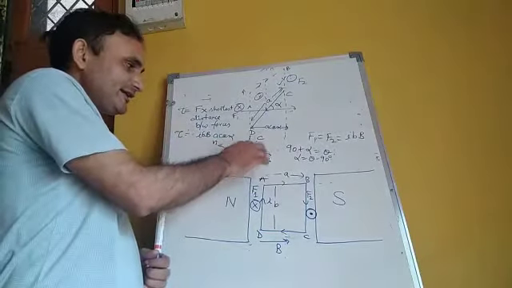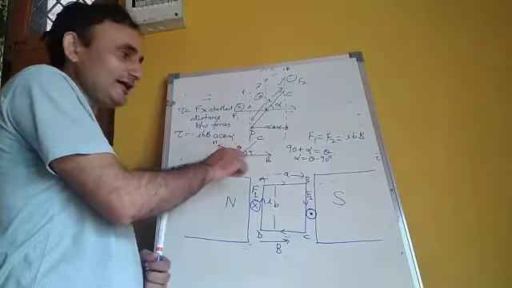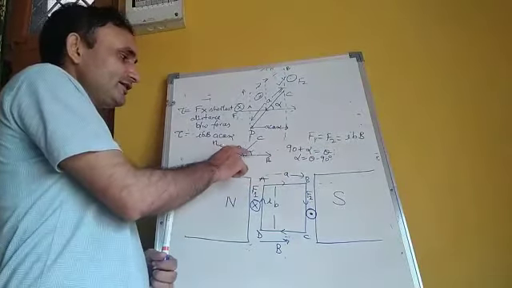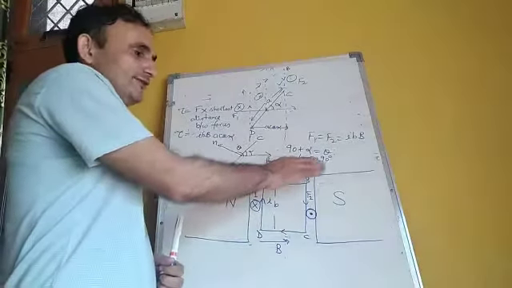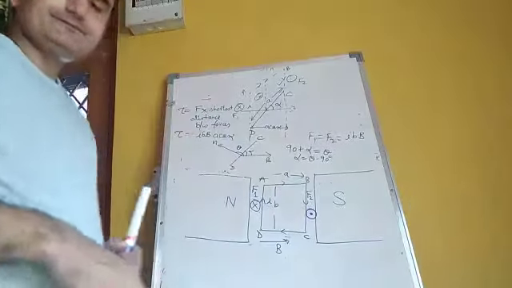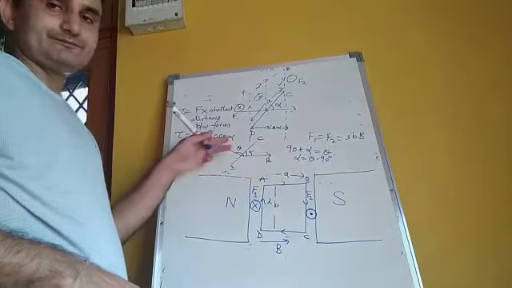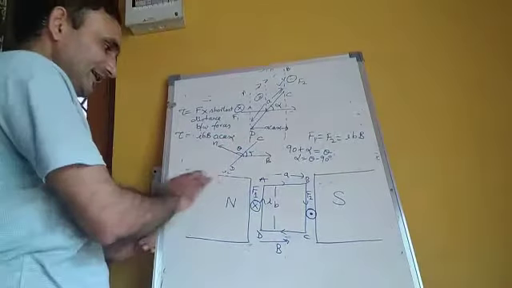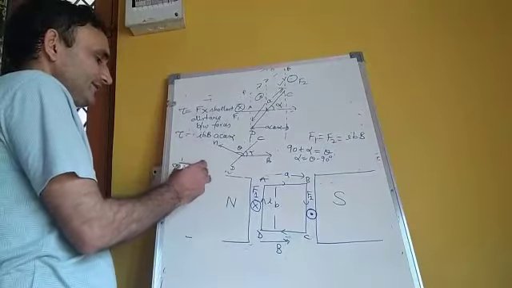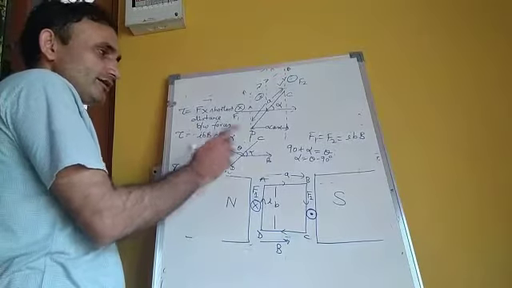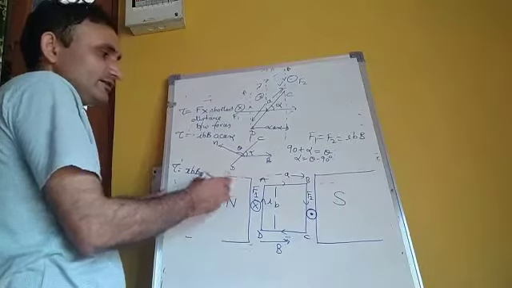Now if this angle is alpha and if we take the angle between normal and magnetic field as theta, then this will be the connection: alpha plus 90 is theta. So alpha is equal to theta minus 90 degrees. Now we will keep the value of alpha here. So what we will get, torque is I B B A cos alpha, that is cos of (theta minus 90 degrees).